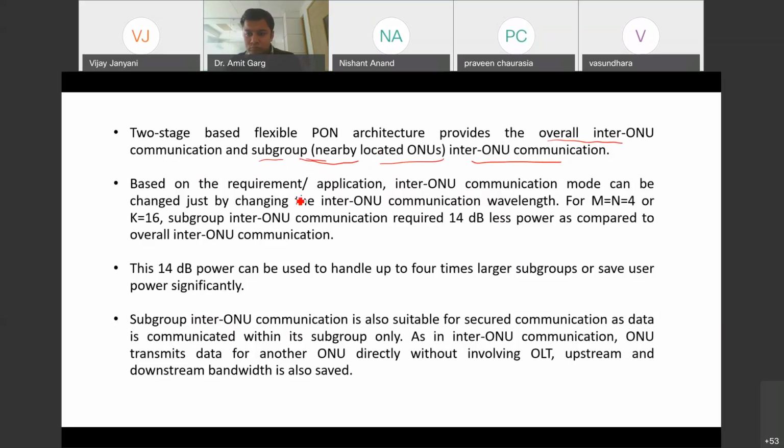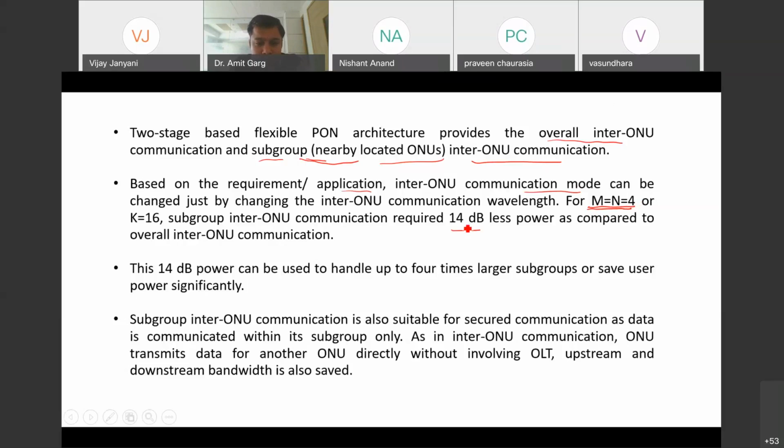Based on the requirement and application, inter-ONU communication can be made just by changing the inter-ONU communication wavelength, because we have just seen that you can have M cross N equal to 4 in one of the examples. So it requires 14 dB less power as compared to complete ONU communication.